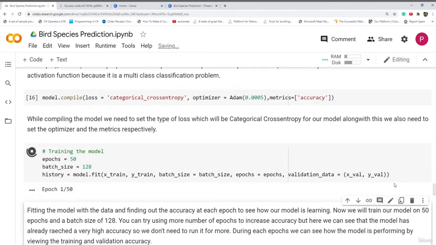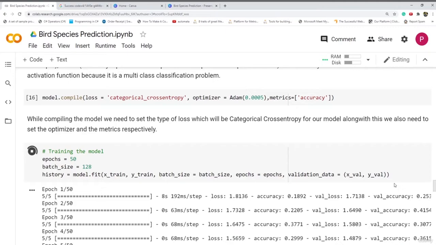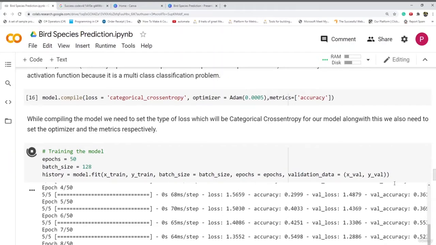While this is running, let me tell you about epochs and batch size. If you increase the number of epochs, the accuracy increases, but overfitting also increases if you see that the accuracy of the training data and the validation accuracy have a very high difference.